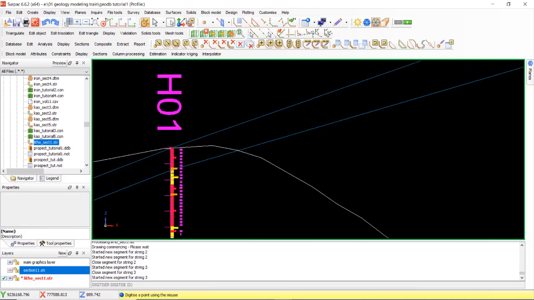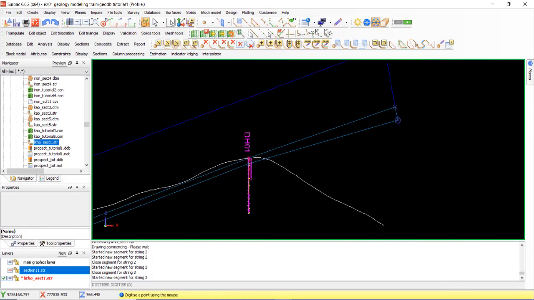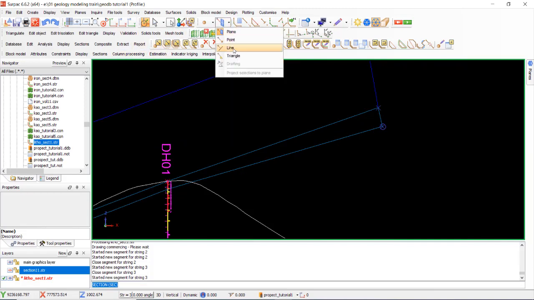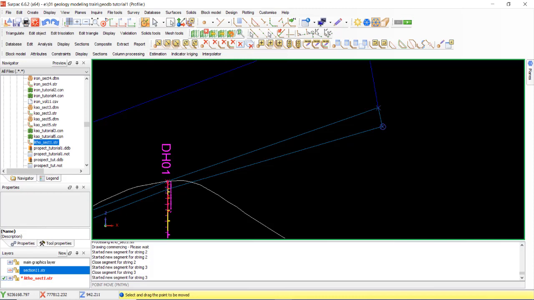Oh, not a straight line, must be changed. Change line, select line, move point. Okay, move point to line. Okay, up.